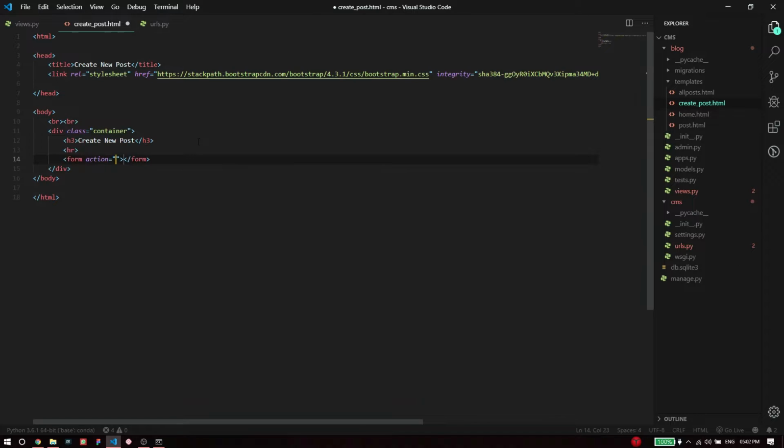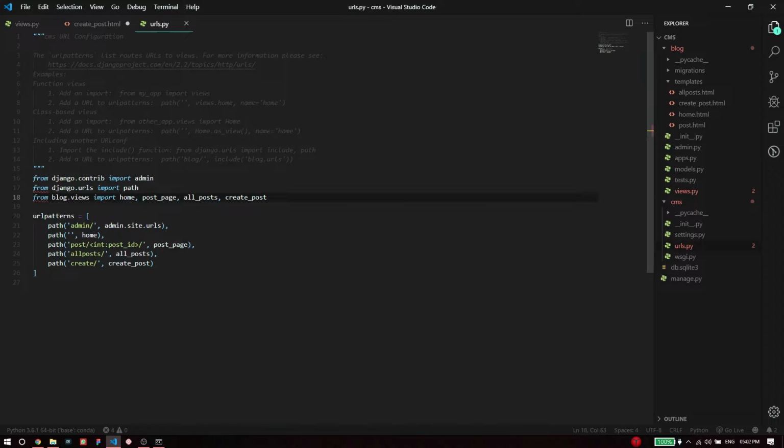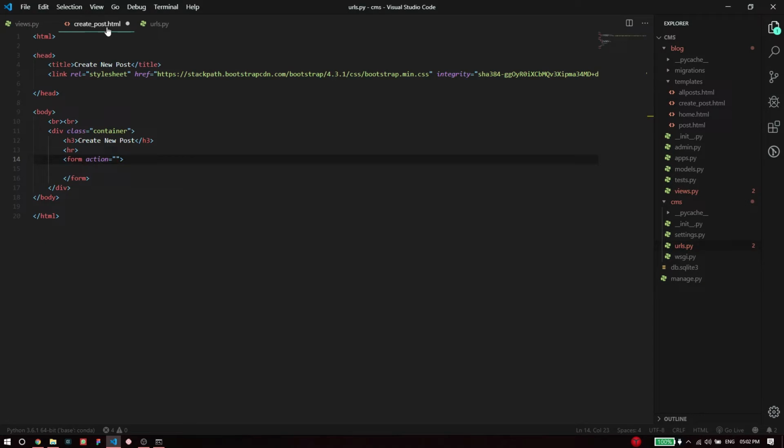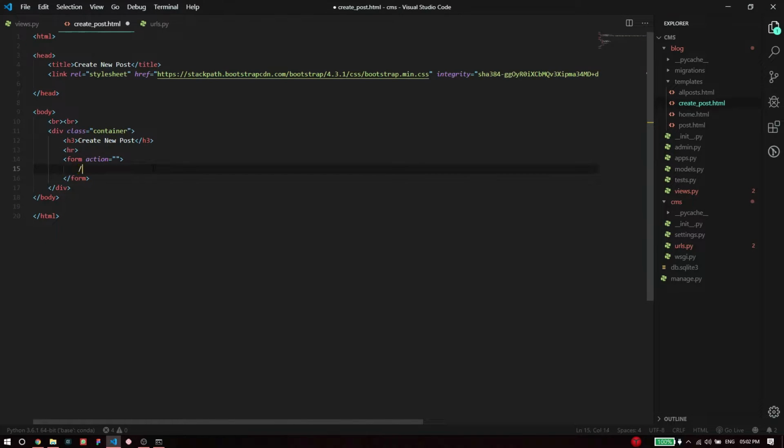So first I'll create a form. The action that is part of the form is where the form will be submitted to. When I say where, in terms of the internet, where is always an endpoint in a web application, right? So this action needs to be the place where the data will get submitted to. It should be one of these URLs, or I need to write another URL. So what I'm going to do is submit it to the same URL as create, which is the page that is rendering it. So let me go to the action and type in /create. Oops, I need to write it here,